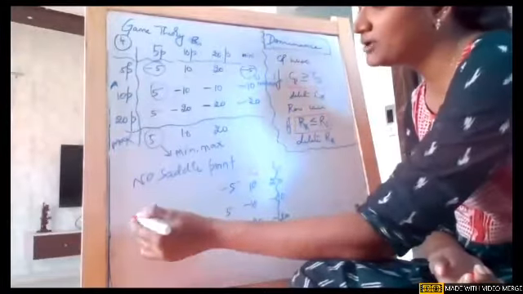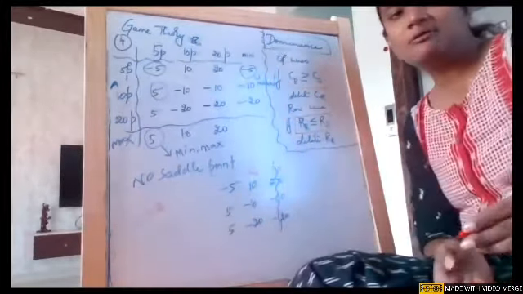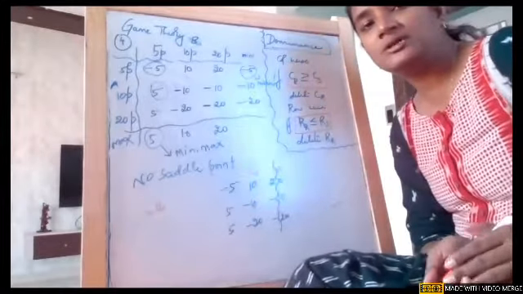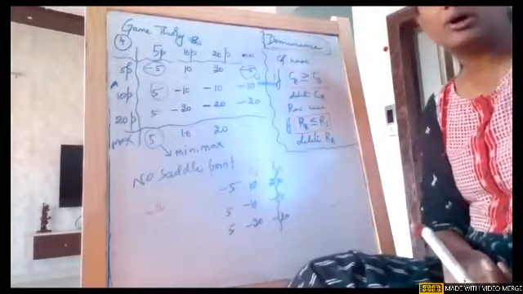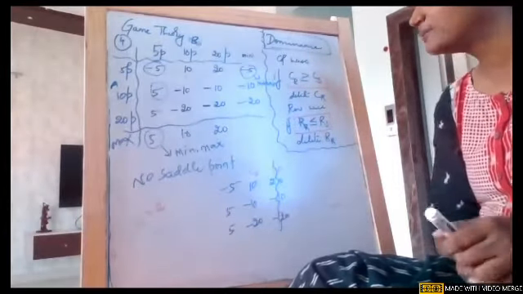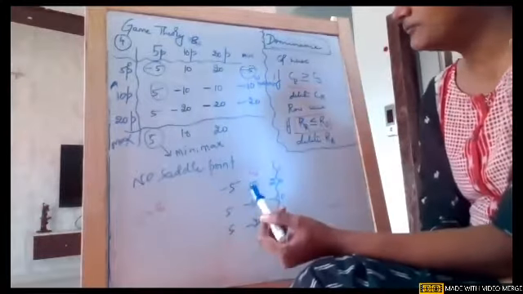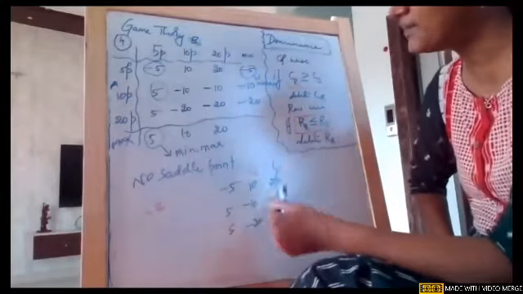One more rule: when applying dominance, we need to reduce the matrix to a 2 by 2 matrix. Now it is a 3 by 3 matrix. We need to reduce it to 2 by 2, girls. That is very important, because if dominance cannot be applied, we need to apply the algebraic method. Now that column wise is done, we'll compare row wise.